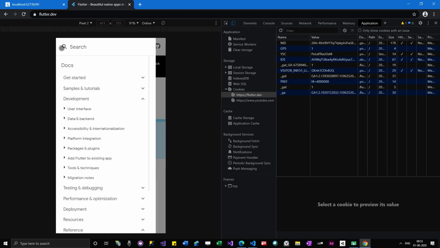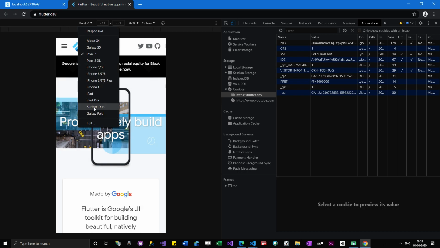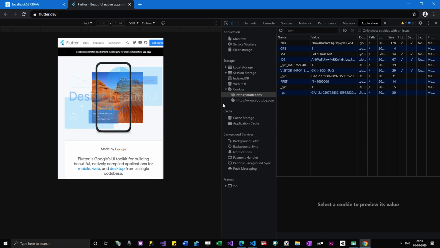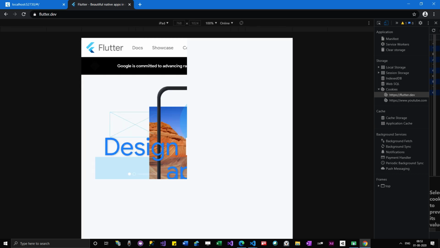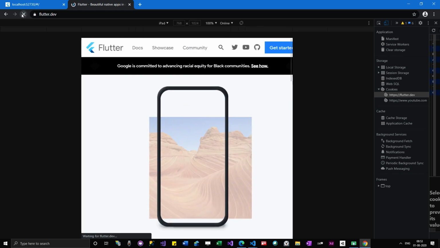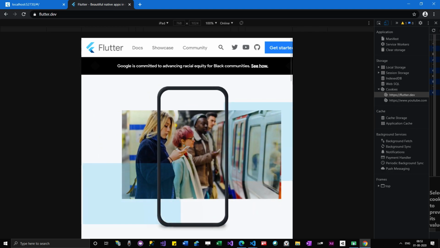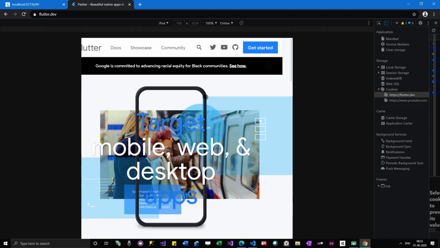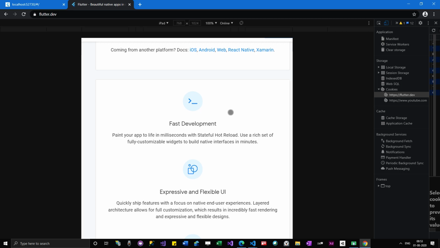As I click here, you can see the menu appears over here. This is how it looks in Pixel 2. I can change the device to iPad. This is how this site looks in iPad. These options you can actually try all by yourself. You can see this button got trimmed, which is not a good thing, right? This is not 100% compatible with iPad. Even though it is looking good, it is not 100% looking good.